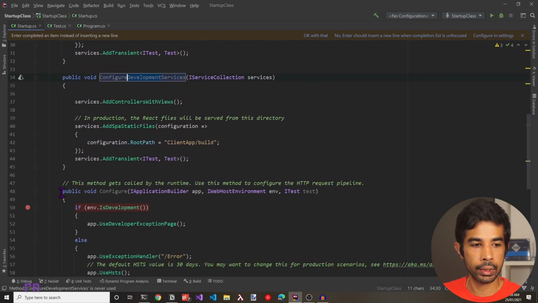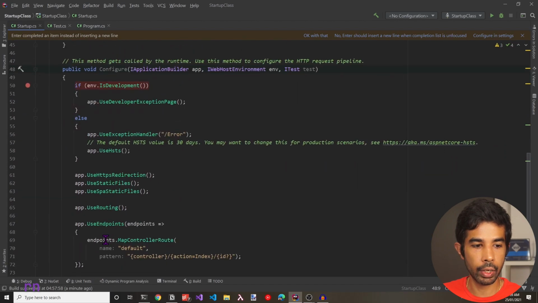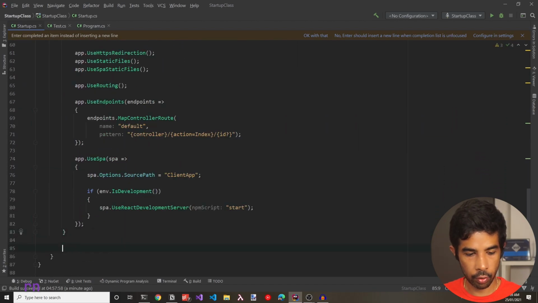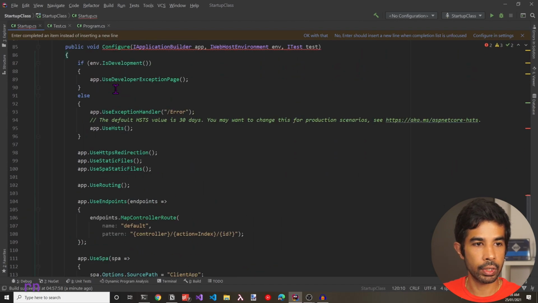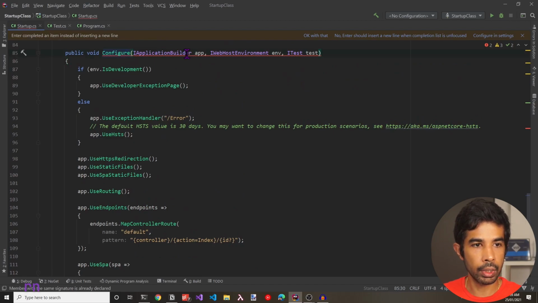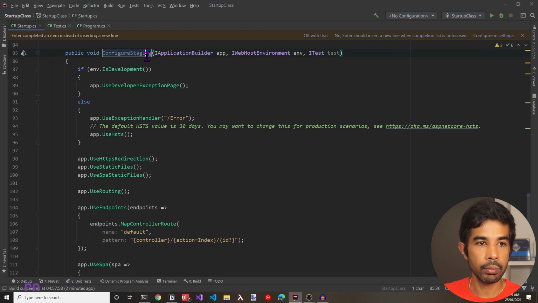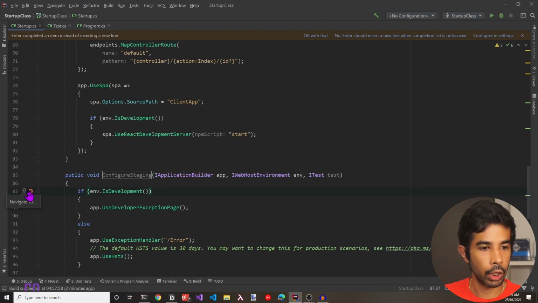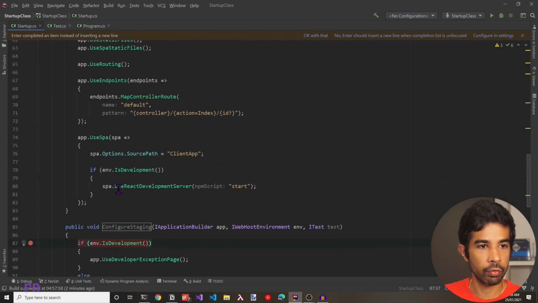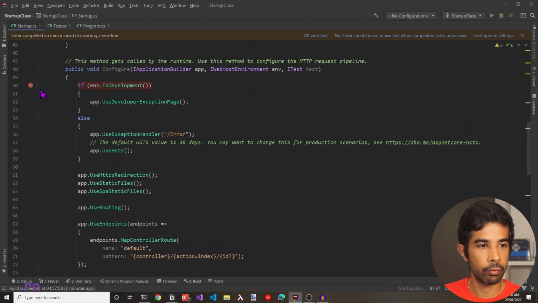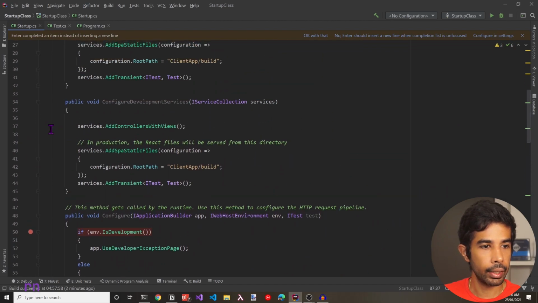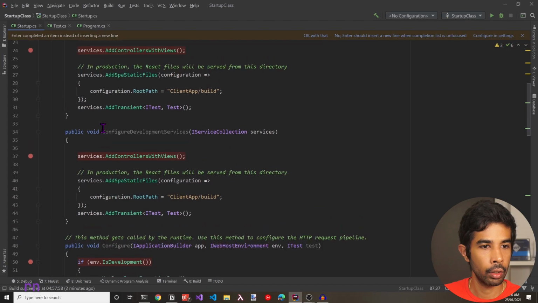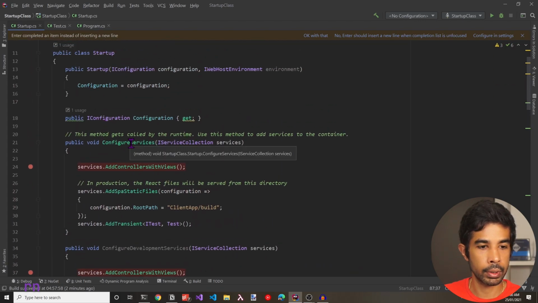And also, let's create a copy of the whole Configure method and use it as ConfigureStaging, which will be for the staging environment. So let's rename this and say ConfigureStaging. So note, these environment names need to match the environments in your application. Let's make sure to put a breakpoint in each of these. So let's keep one for ConfigureStaging. Let's see the other one for Configure, which already exists, and the other for ConfigureDevelopment. We already have one in ConfigureServices.